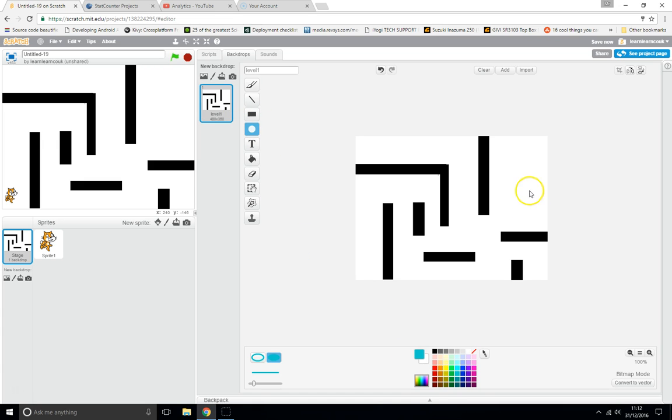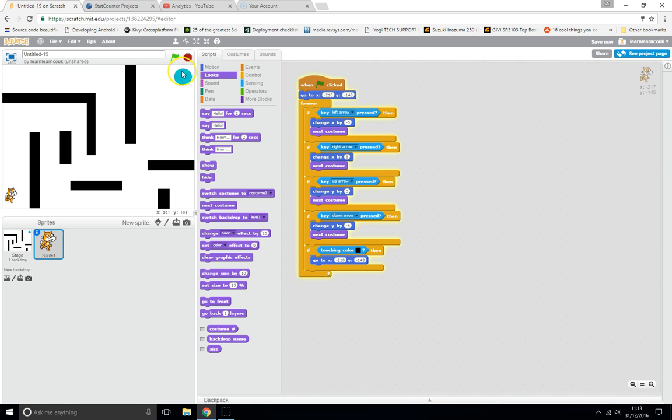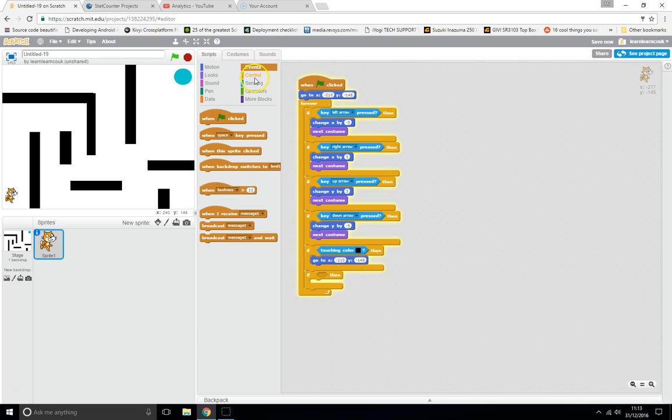Let's say a blue circle. A blue circle. There we go. There we go. So, and oops, there's a blue circle. Good. That's his goal. That's where he's got to get to. You could probably write finish on it if you wanted to, or end or something, or goal or level 2 or whatever you want to put. And there we go. And now what we can say is, just like we did with the if touching colour black, we're going to do a similar thing. If touching colour